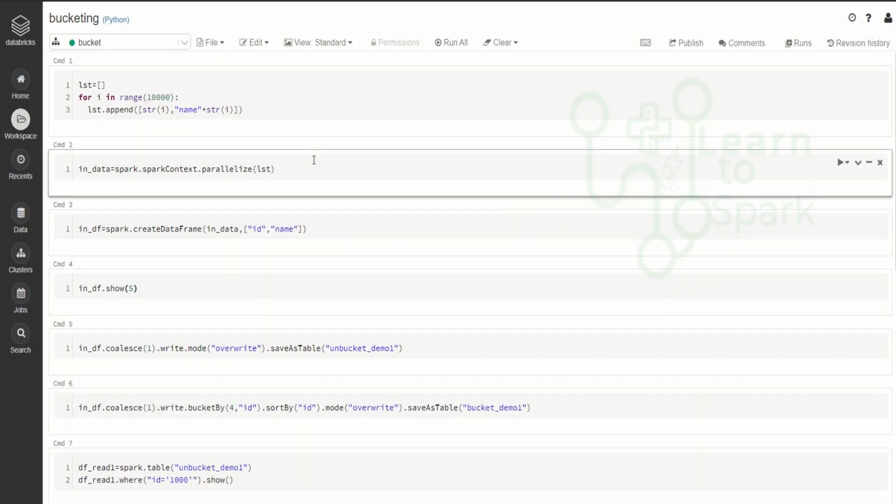I had opened a Databricks Community Edition for our demo, and before moving on to our demo, a quick information like where we will be using this bucketing pruning. Consider we have a huge amount of data in a table, and we have a column called ID on which we have millions and millions of unique records, and we have a use case like we will be often reading from this big table based upon the ID column, like we will be filtering on top of the ID column to pick up the records from this huge table.